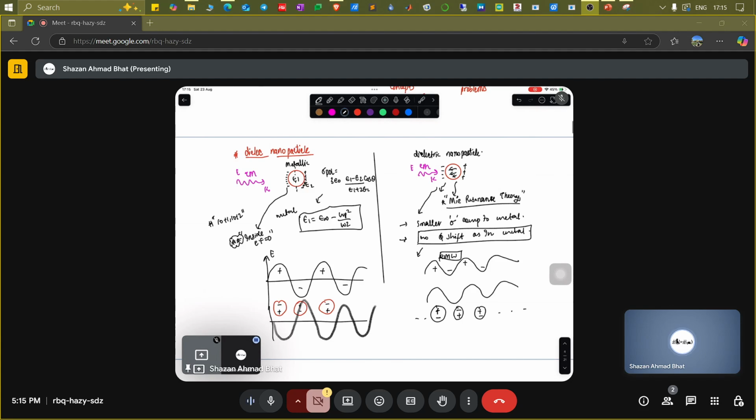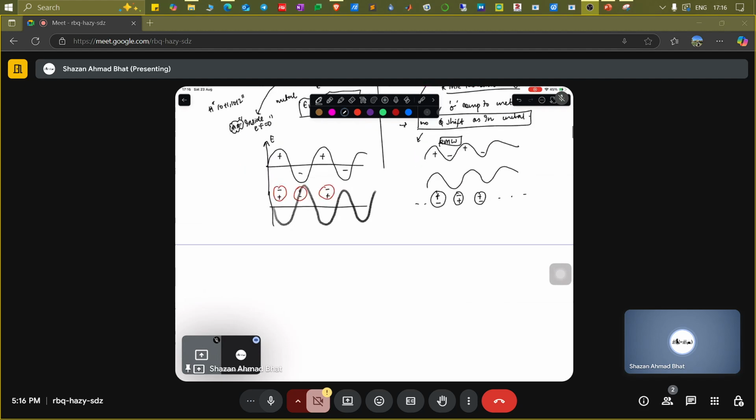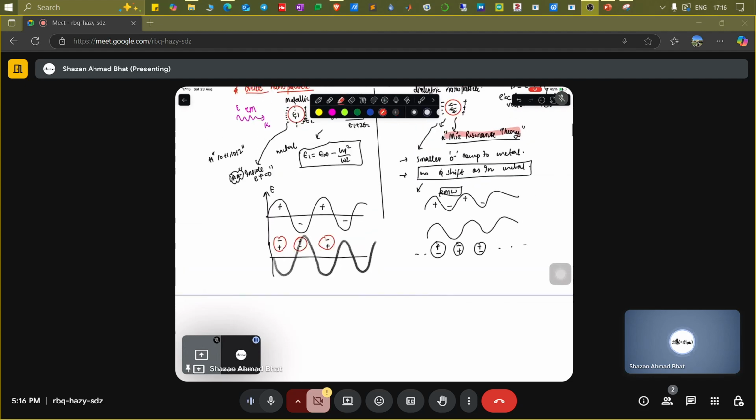In case of the dielectric, you talk about the electric displacement vector, which is basically epsilon times E plus this polarization, and this is basically the electrical susceptibility times the electric field. So this comes into the picture in case of the dielectric. Now, as per this Mie resonance theory, which we are not going to see in detail, we have seen a glimpse of it in case of, let's say,